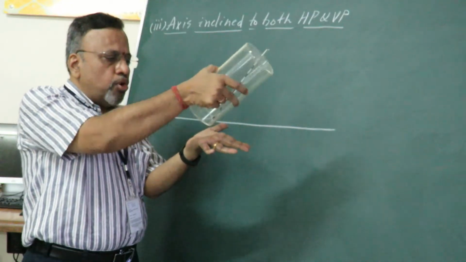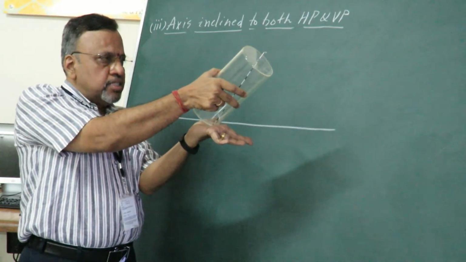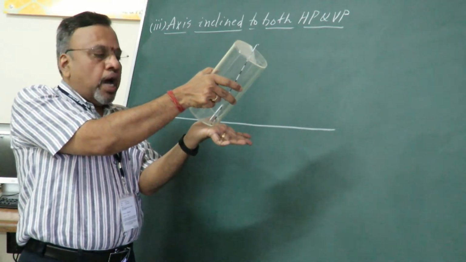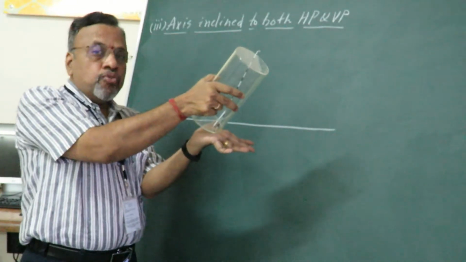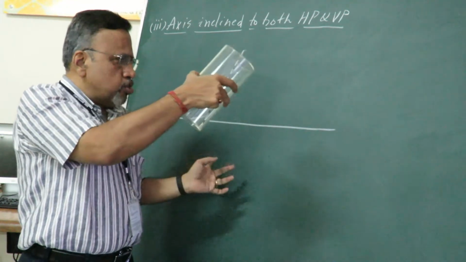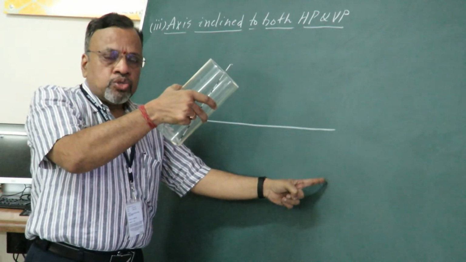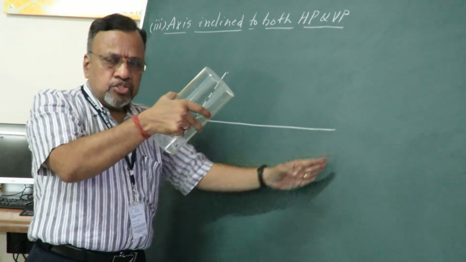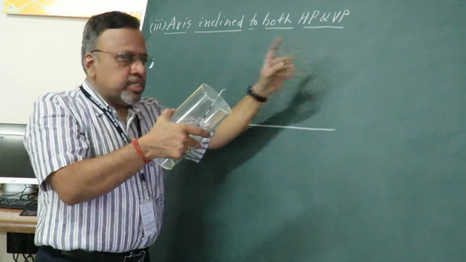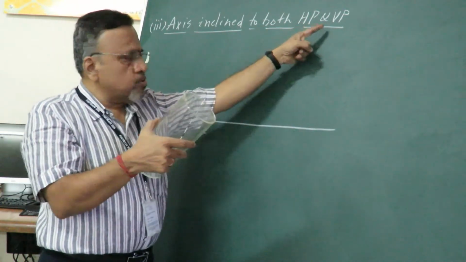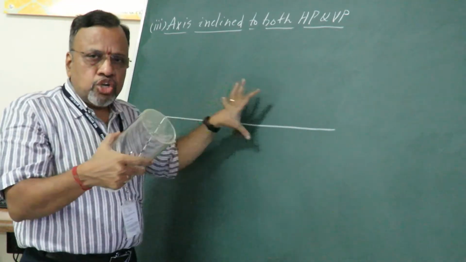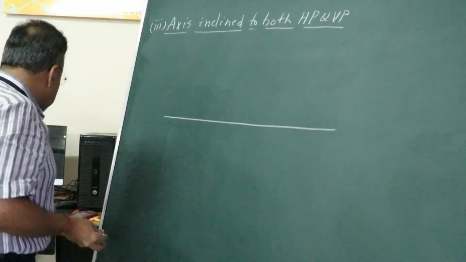In the third stage, I am going to rotate in this way, because in the second stage the axis is still parallel to VP, but inclined to HP. I wanted this axis to be inclined to VP also, so I will just rotate in this way. Once I rotate, I need to redraw the top view, and then I can show the axis inclination with reference to VP. Then finally I can draw the new front view. To satisfy the axis being inclined to both HP as well as VP, we have already seen that we can get this in three stages: stage 1, stage 2 and stage 3. Okay, now let us start with stage 1.